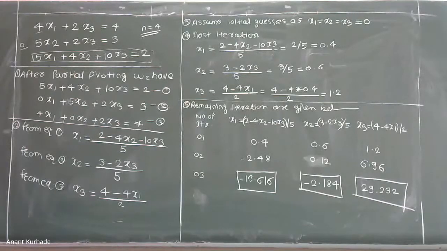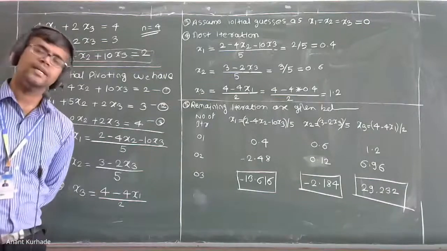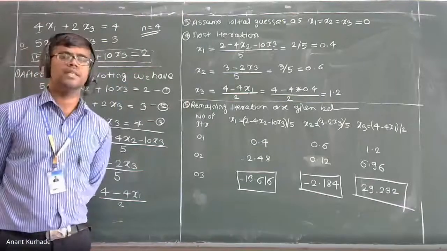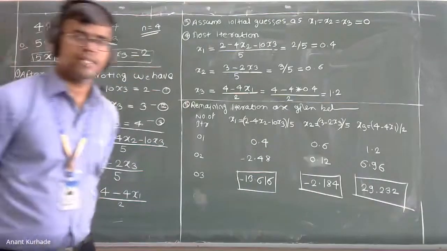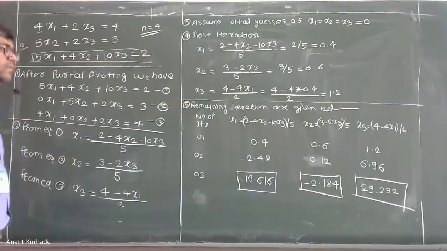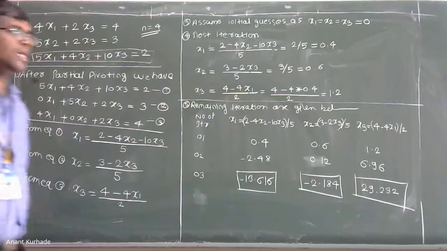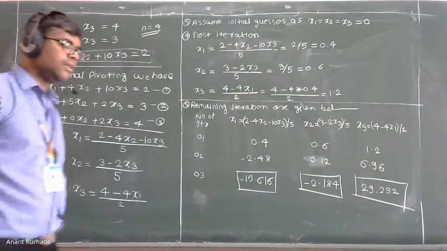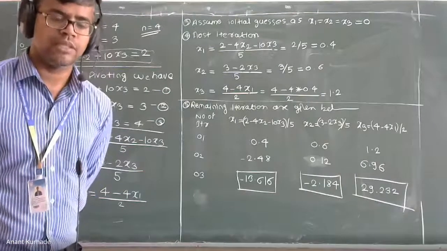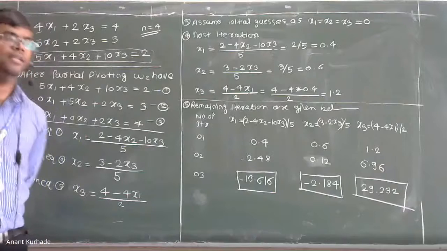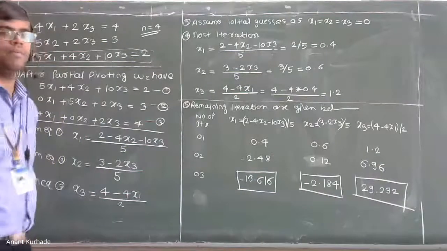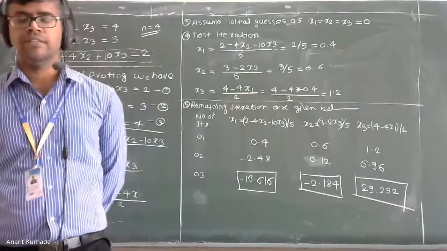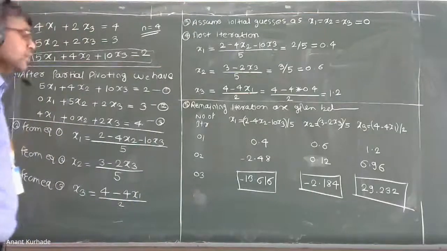See, again, it is very simple. For partial pivoting, find the maximum coefficient of the first variable, then the maximum coefficient of the second variable, and the third one at the third place. After partial pivoting, number the equations 1, 2, 3, and separate the first variable from equation 1, the second from equation 2, the third from equation 3. If initial values are not given, then assume 0 for all variables and do the first iteration.